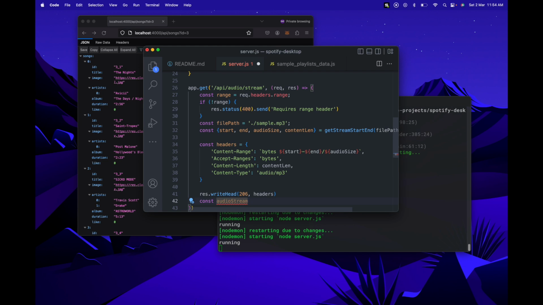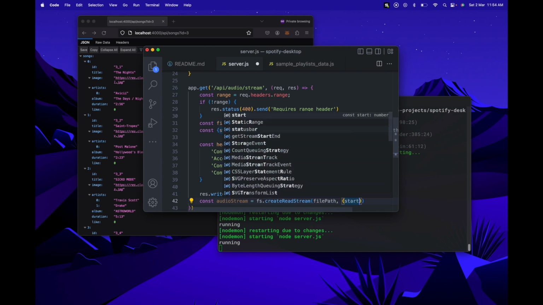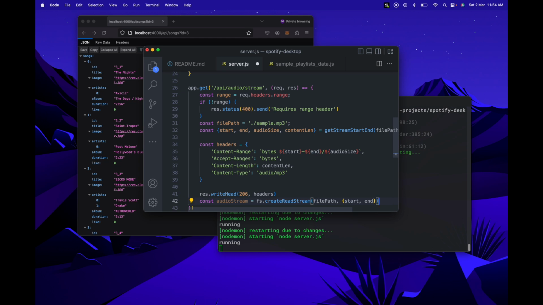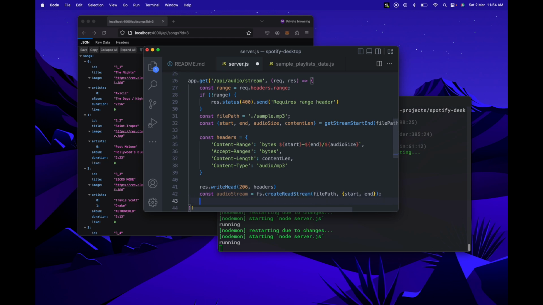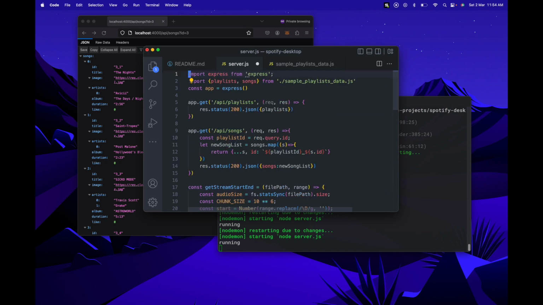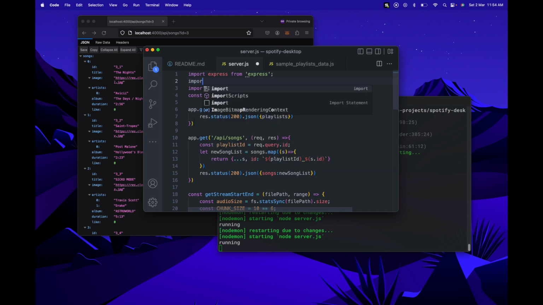Create a read stream from our file. And we're going to pass in the starting and ending bytes over here. Finally, we can pipe this in our response. Something that's missing over here is we're going to have to import